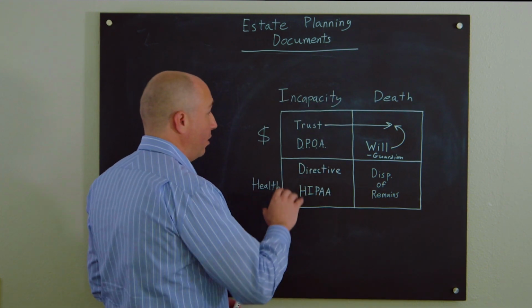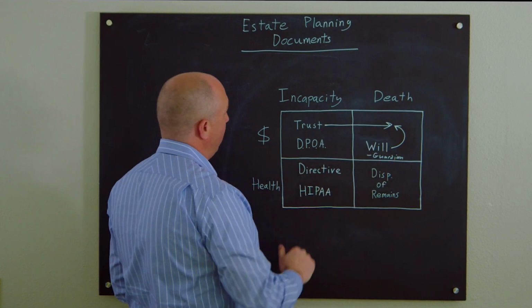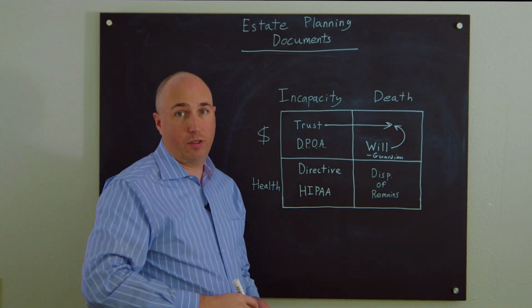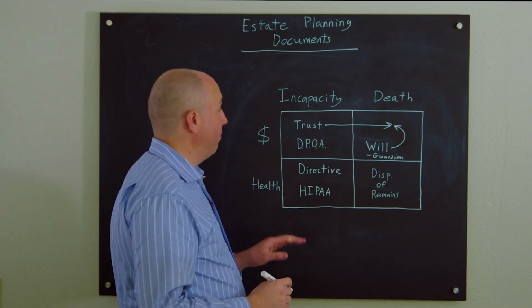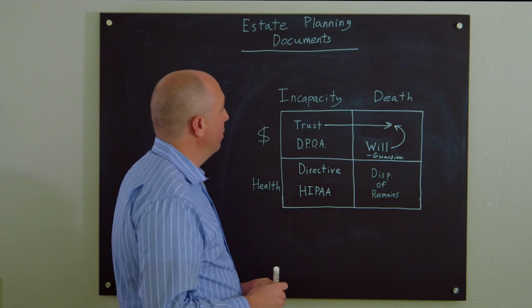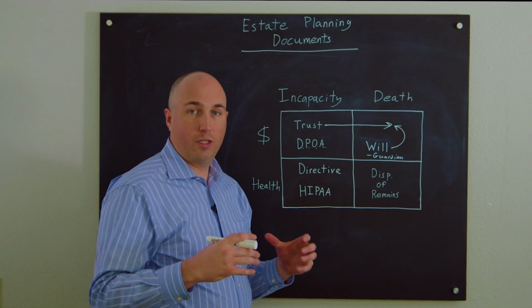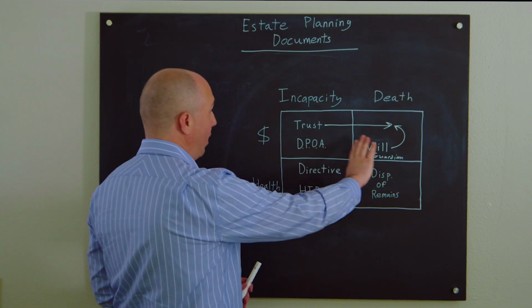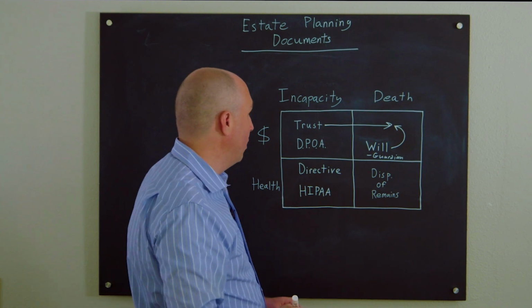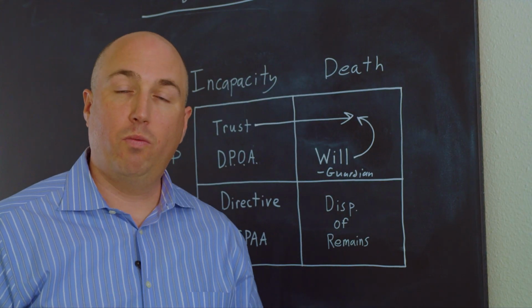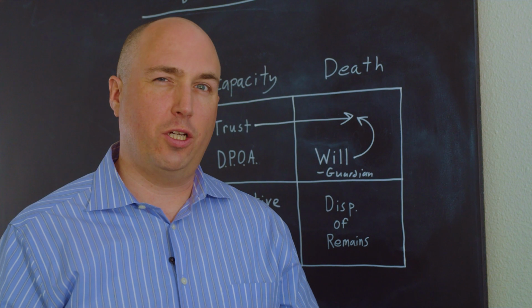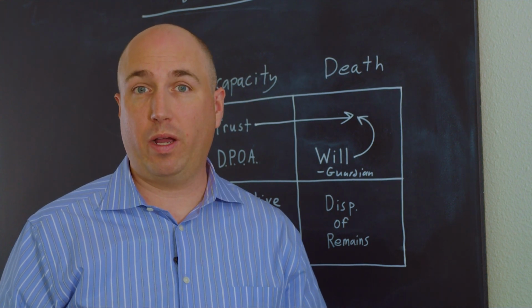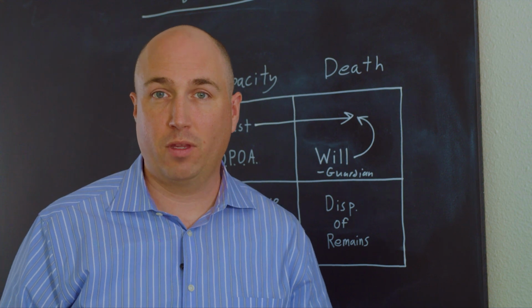So, these are the documents that make up a complete estate plan. A trust is optional. You don't have to do a trust, but a trust can be very useful for avoiding probate and helping to organize more complicated estates. Just having these documents in place, though, isn't enough. You want to think about the assets that you own and how you own them, and you want to structure them to work correctly with your estate plan.